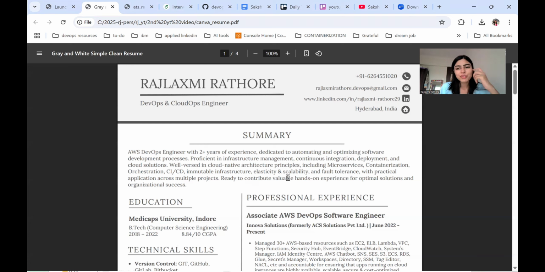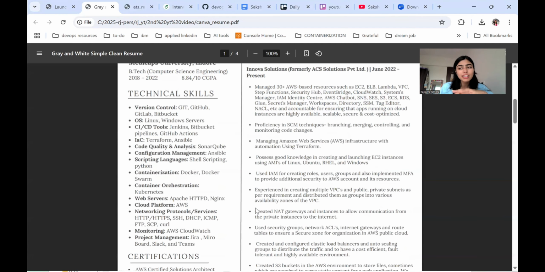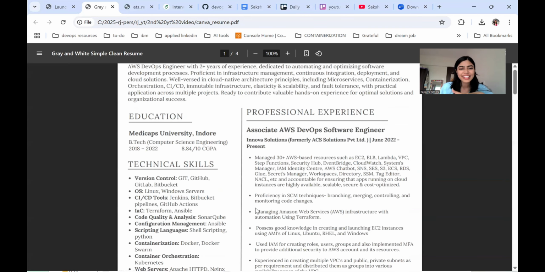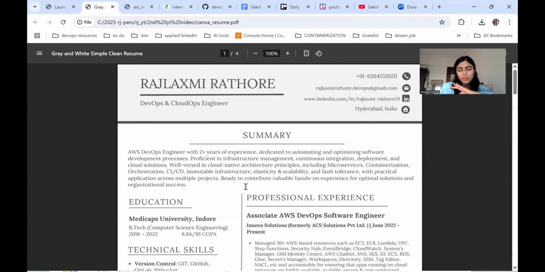The second thing is, if you see this resume I have created, it's 4 pages. And one thing that I must say is never ever create such a long resume. With time I got to know about this and I have made it short. Keep it as crisp as possible. Try to keep it at least 1 page, but if not, then at most 2 pages. Don't extend that.